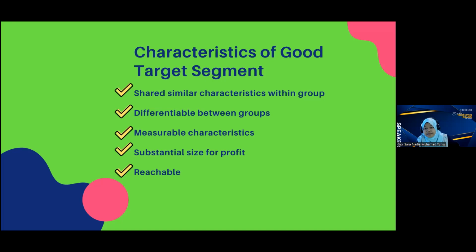Okay, so it is difficult. And the fourth characteristic of a good target segment is that it is not necessarily a big market, but it is advisable for you to look for a substantial size for your company. What does substantial size mean? It is good enough and consistent and compatible with your company's capability to serve. We are a small company, but we want to serve the whole American market, can we? So it is difficult, it is not compatible.